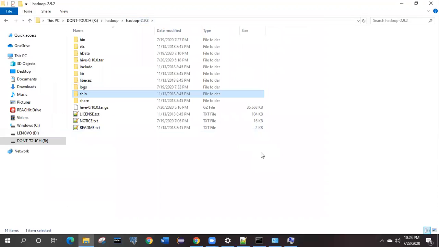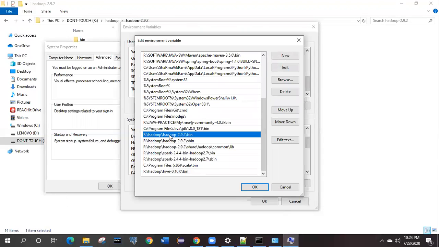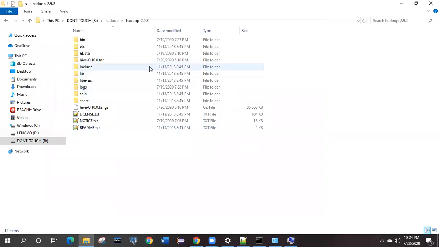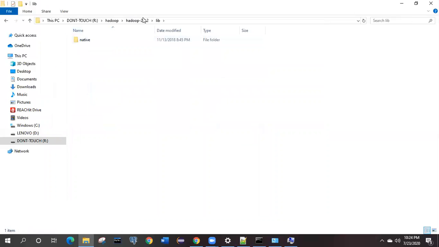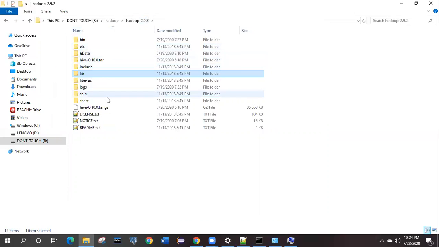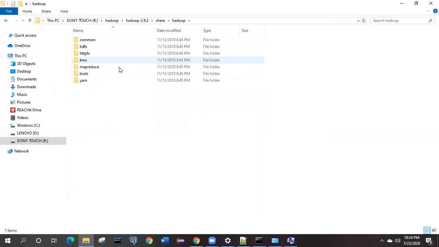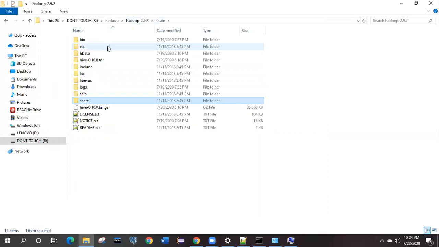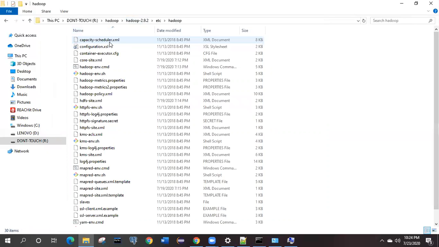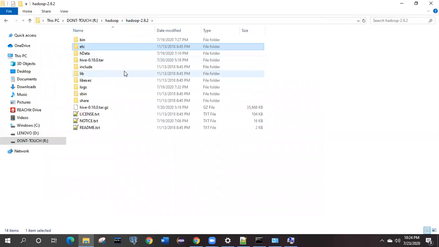So what you have to do is set the path to these two folders, bin and sbin. I'll be explaining later what these two paths are. If it is required, we'll set this Hadoop share Hadoop common lib folder also. Otherwise we'll leave it, so that you can find it from share Hadoop and not this share. It will be etc Hadoop. Like that, we will see that part later because that is not required now.